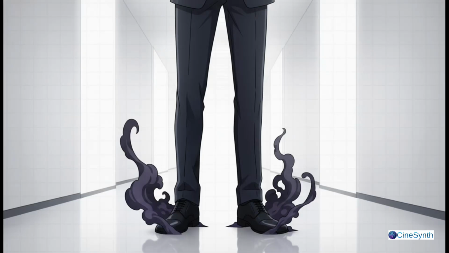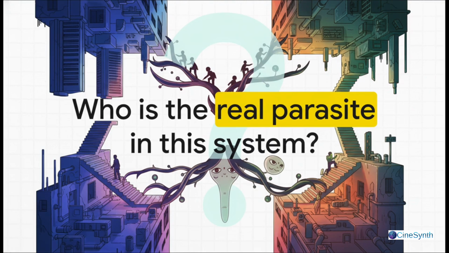But here's where that performative illusion we talked about hits a massive brick wall. Smell. Smell is a boundary that class performance just cannot hide. Even with the perfect clothes, perfect lines, perfectly rehearsed acting, the physical reality of that damp, crowded semi-basement clings to the Kims through their scent. It's an invisible boundary they simply cannot wash away. It's the film's brilliant way of telling us, hey, you can fake a university degree, but you absolutely cannot fake your way out of the deeply ingrained physical realities of poverty. Which brings us right back to our central question. Who is the real parasite?